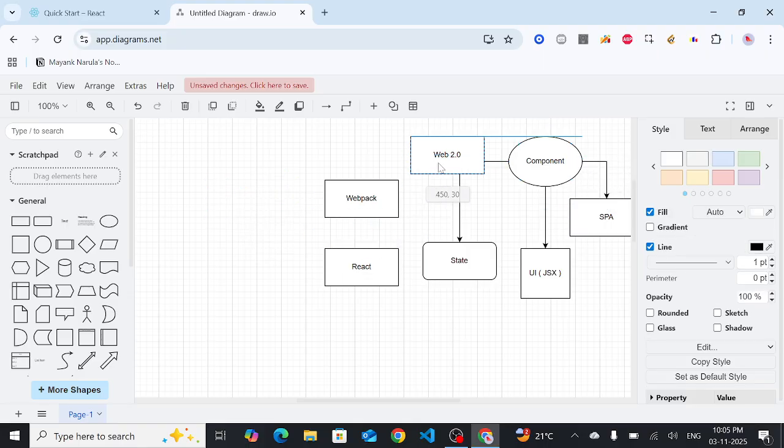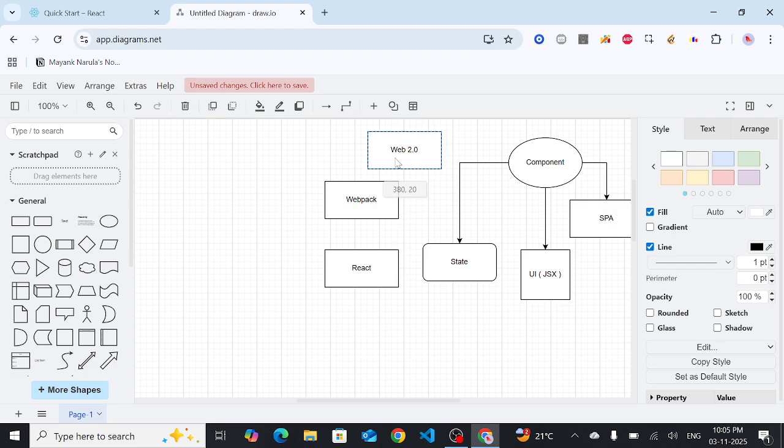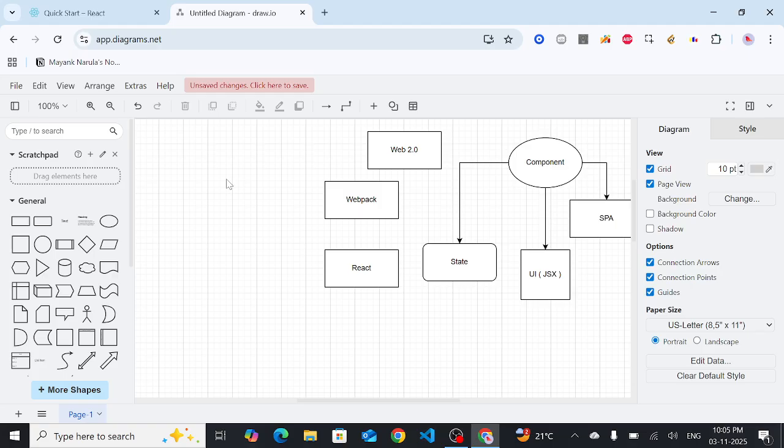Web 2.0 basically says that all of my applications are dynamic in nature, that its content can change based on user interaction, and the user can do some sort of operations on the website, and that is mutated. Whatever mutations happen with the website, all of the dynamic content can be managed by the users themselves. Okay, so it can be something like your checkouts or your e-commerce platforms or your SaaS dashboards or your